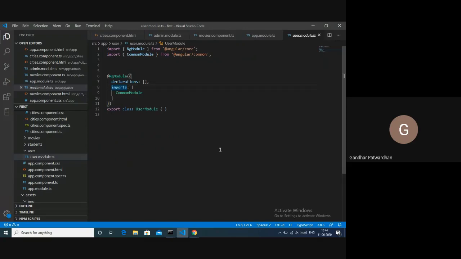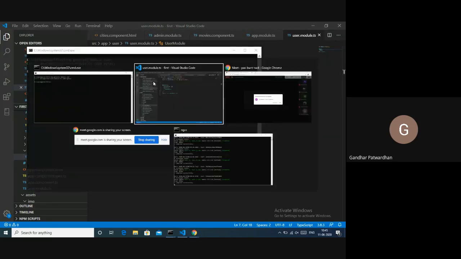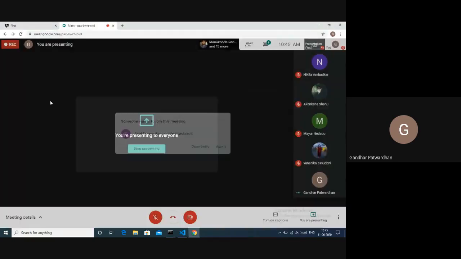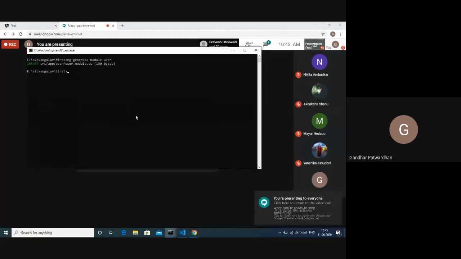Now for any component to be a part of a module, it has to be registered in that module by specifying it in the declarations array. Let us generate a component for that module. To do that, I will navigate to that folder.